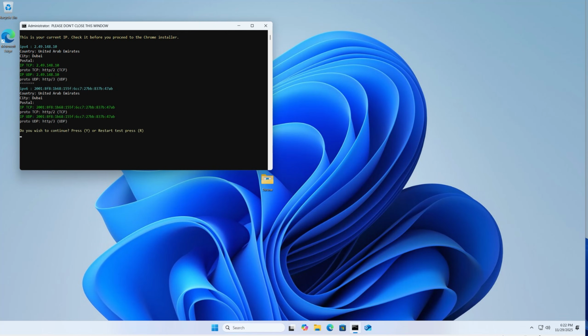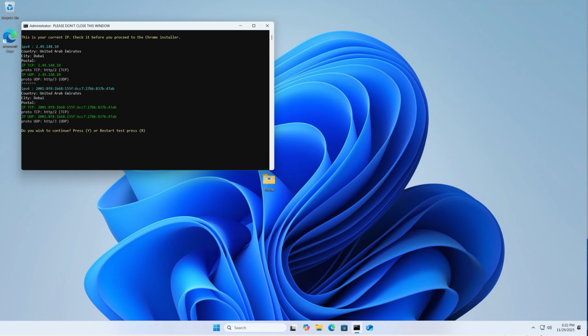Our network connection is currently being tested. It is set just after the check for the installation of proxies and everything else is carried out. A request is made from a virtual machine using the HTTP2, HTTP3, IPv4 and IPv6 protocols respectively. You can see the results now in front of you. And in case you find a leak somewhere here, you can press Restart to do the test again in case you find a leak again and it has been fixed somewhere.